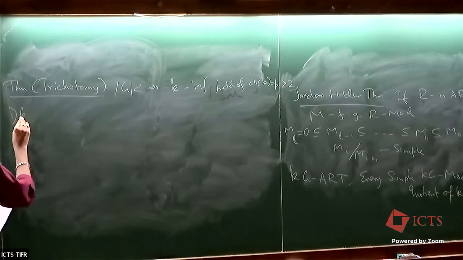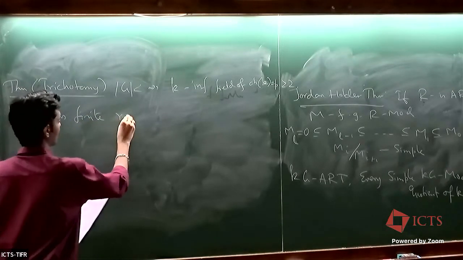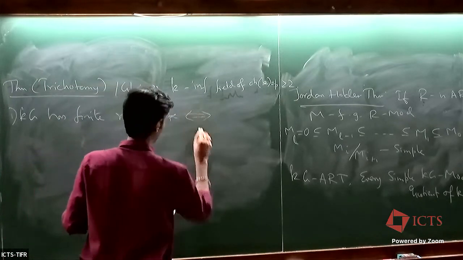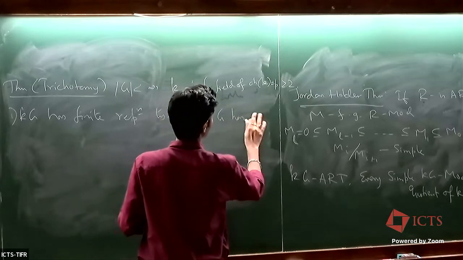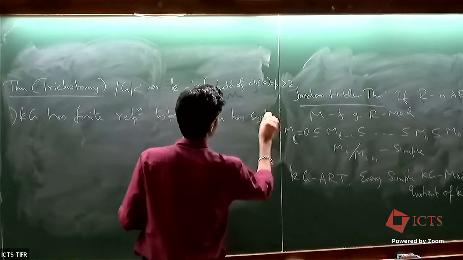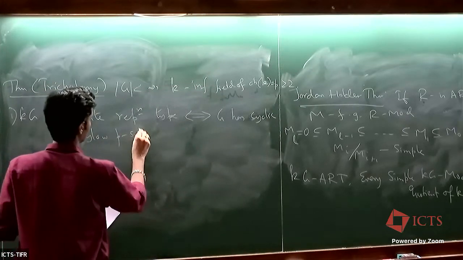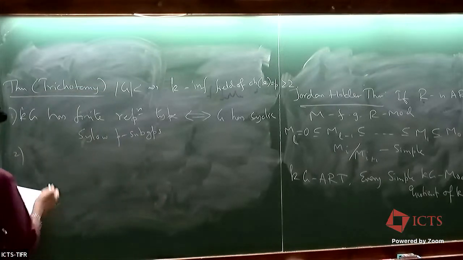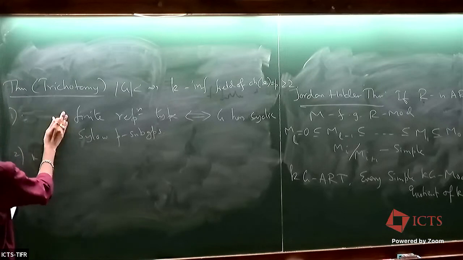Then number 1, KG has finite representation type if and only if G has cyclic p-Sylow subgroups. Number 2, KG has domestic representation type if and only if, first of all, p equals 2, and then we talk about the Sylow 2-subgroups, and